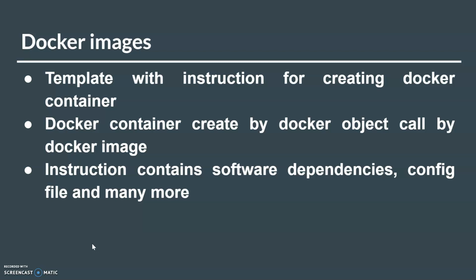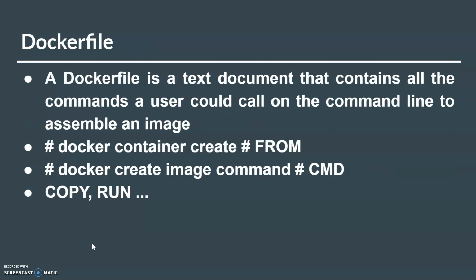To add instructions to an image, Docker gives us a mechanism called the Dockerfile. The importance of a Dockerfile is that you can pass your custom instructions to your image, so you can use an image and create your own customized image. A Dockerfile is a text document that contains various commands that you would use on the Docker command line to build the container image.